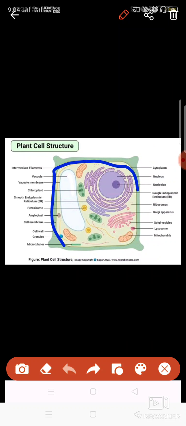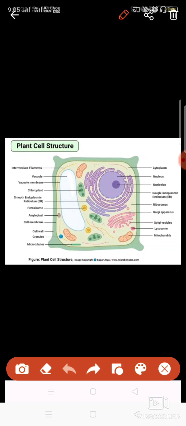Then the second layer which is present here is basically the cell membrane. The function of the cell membrane, you know well, is that it is present to separate the components. Then some structures are similar, so I'm not going to tell you again. See, nucleus, they have a well-defined nucleus. Nucleus is present, nucleolus is present, nuclear membrane is present. Okay, other than that, it has cytoplasm, function is same. Rough endoplasmic reticulum, smooth endoplasmic reticulum, both have the same function in the plant cells also.